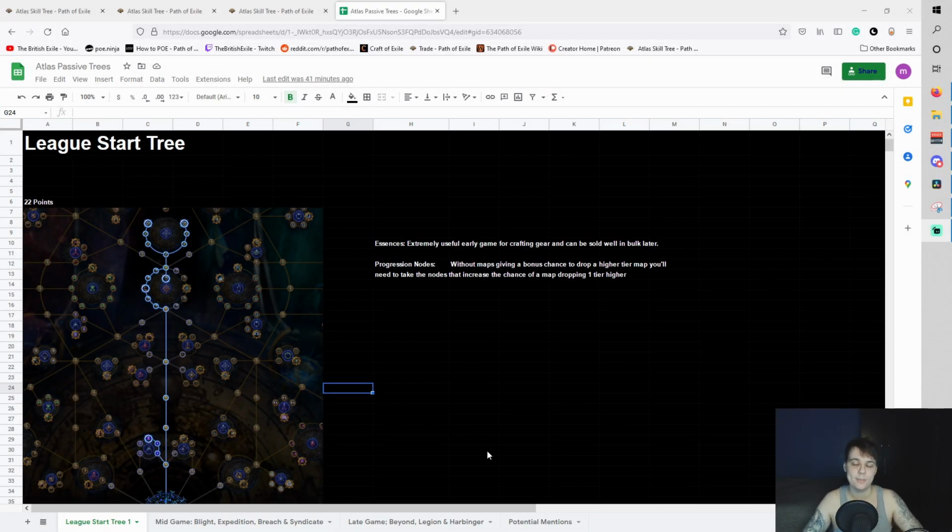So today we're going to be talking about the Atlas passive tree. I'm not going to do this too long because I know every single content creator is going to do a video about this today. So I'm just going to very quickly talk about the league start tree and then my expectations for mid game and late game trees. You can just have a look. I'm putting it on a spreadsheet, going to put it in the description so you can play around